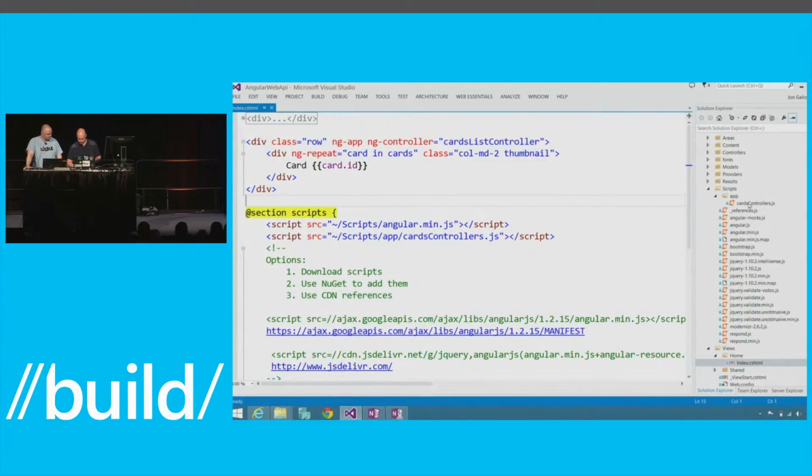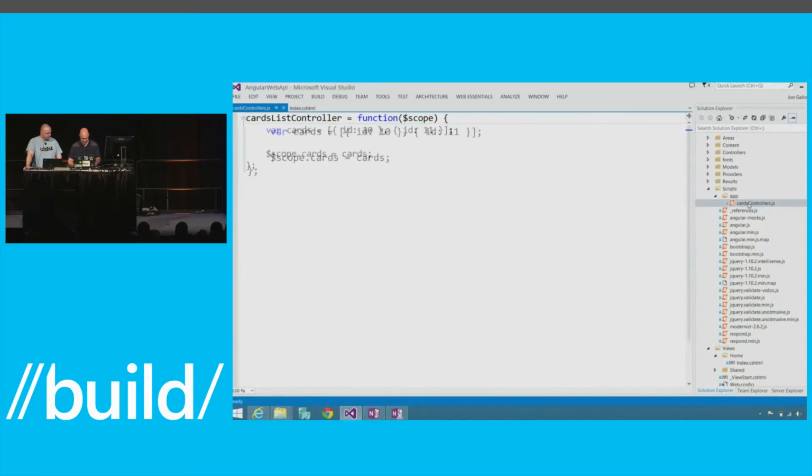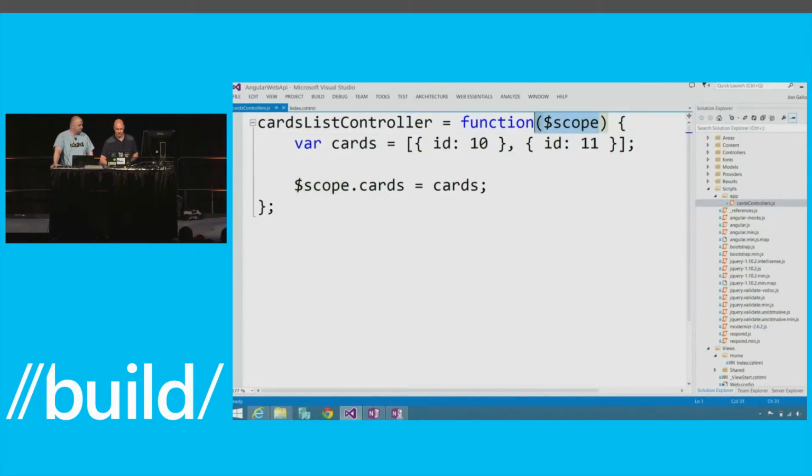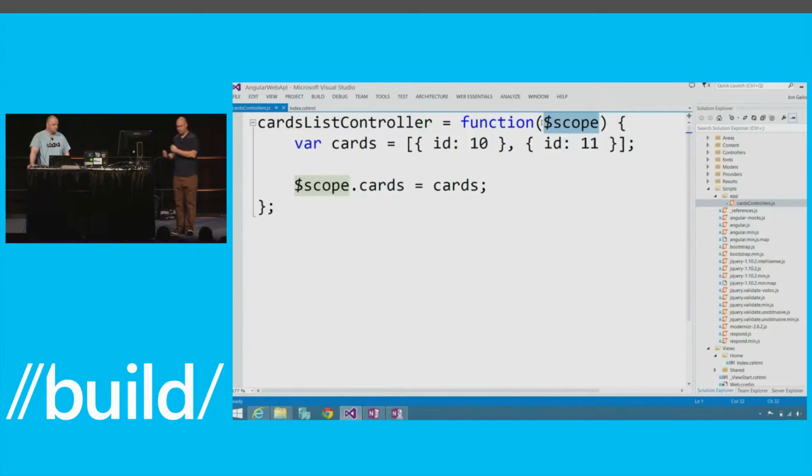So if you have a controller that's something like this, you have this $scope up at the top. One of the ways that bundling and minification squeezes space out is that it can rename these things. It can rename elements. Normally that's fine, because the only people that care about what a function references inside the function are the function itself, and it can handle that. But for Angular, because of the way it does its dependency injection, which we'll learn later, the names really do matter. So your options here are don't use bundling and minification just for your Angular scripts where this matters, or